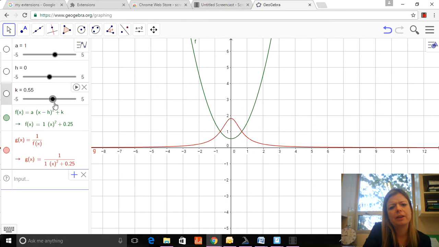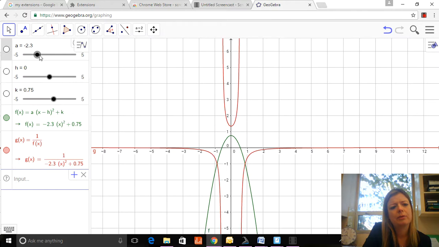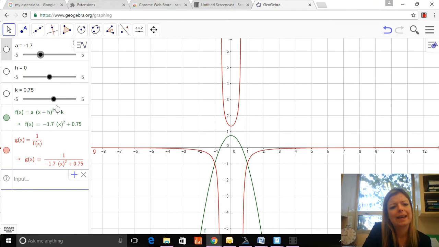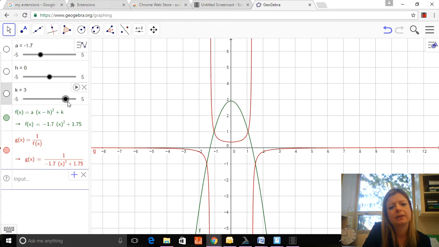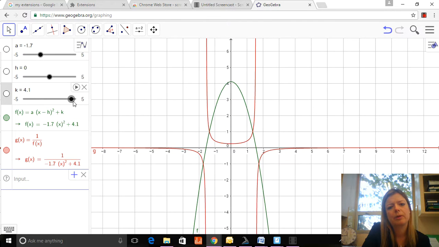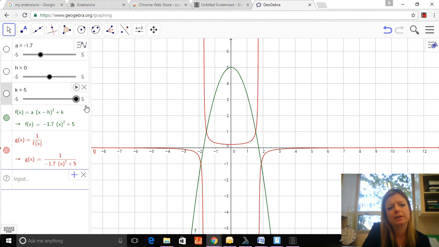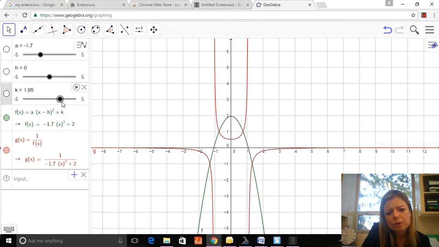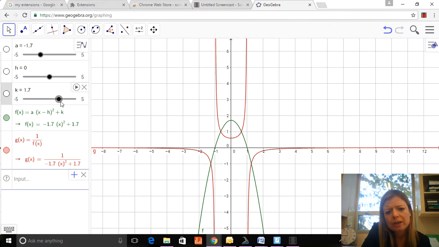If I make my k value go up positive here, but then flip it down, you'll notice that, again, I have quite an interesting parabola. I'm trying to get some zeros here, so here the zeros are about at -1 and 1. So the asymptotes are at -1 and 1. This has a maximum on the quadratic, so a minimum on the